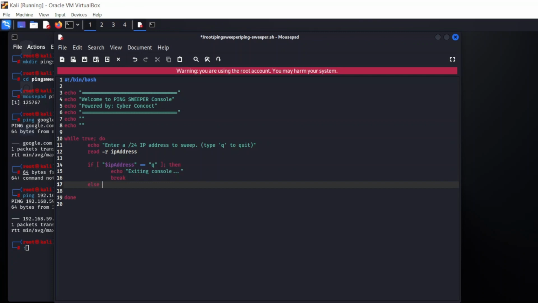Else, so if what the user has provided is not a Q, that means the user has provided an IP address. We want to go ahead and run something else. We want to print IPs, we are creating a new variable now, and then we want to modify what the user has provided a bit. So we want to echo the IP address. Then we want to cut out the periods,